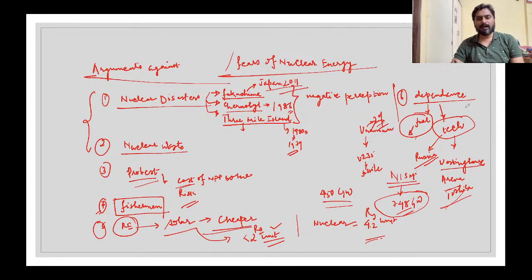So these are the arguments. One more argument is made. It is that if all of the uranium of India is finished, then what will be the utility of the nuclear power plant? We will not be able to utilize it. We might have created the capacity, but now because we do not have the supply of fuel, what is the use of the nuclear power plant? So that is also an argument made.